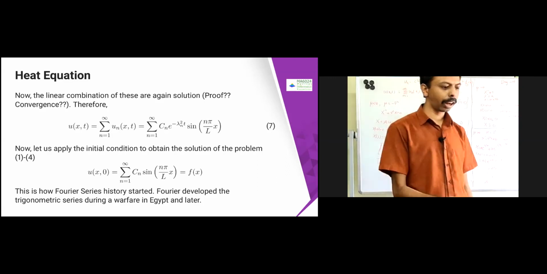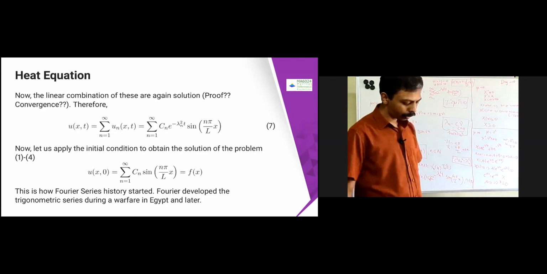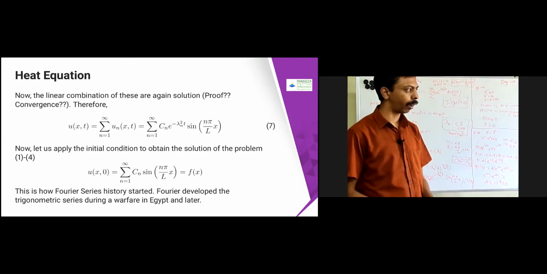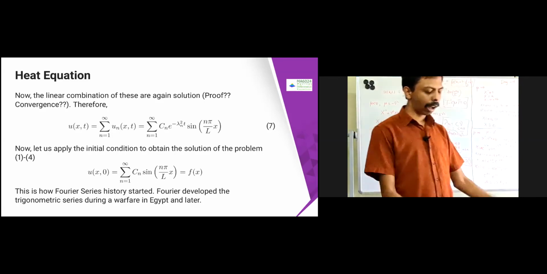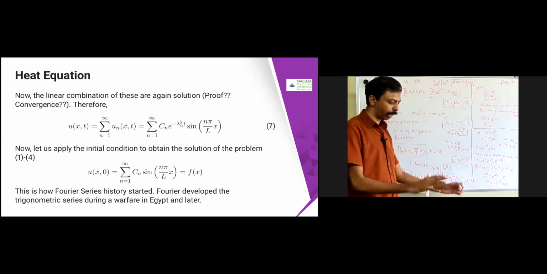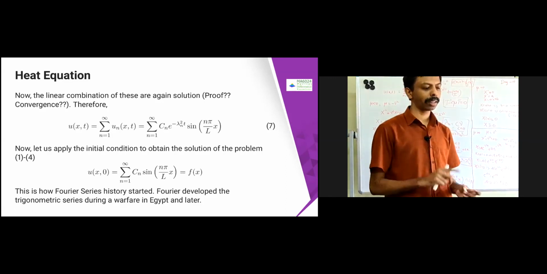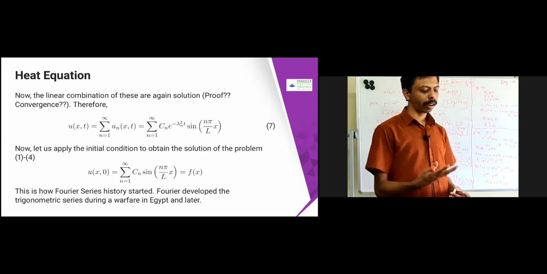In the Alexandria harbor, what happened is that their fleet was captured or destroyed by the British. So they spent 2 years in that warfare itself, in the place where they stayed. During that time only, Fourier developed this thing. His idea was about the cannon. The army was bombarding the bombs, right?